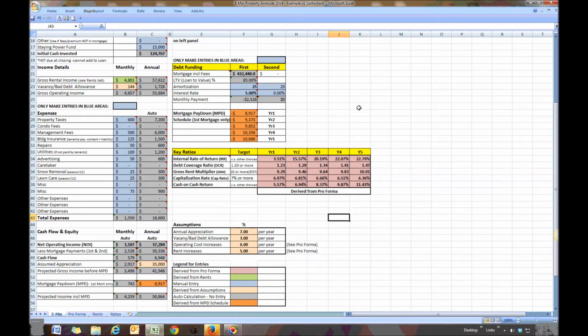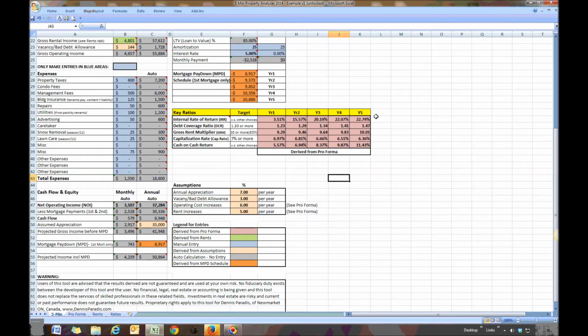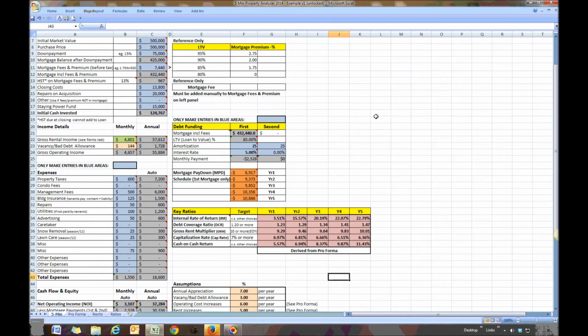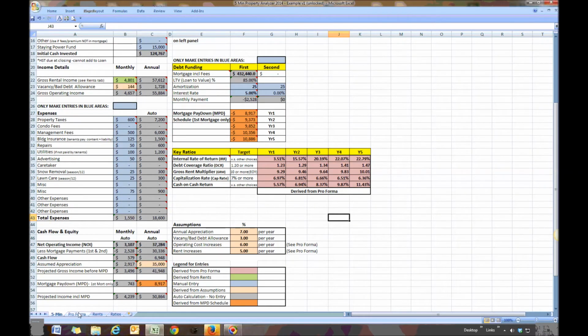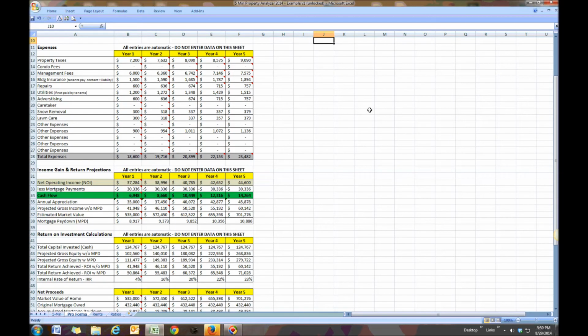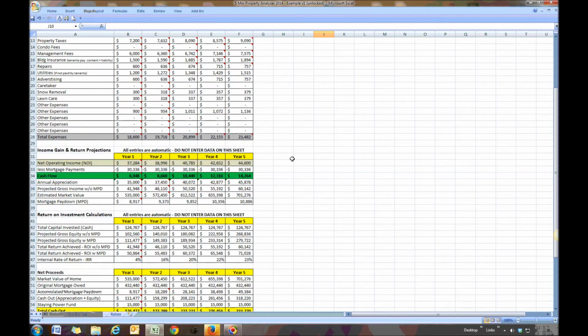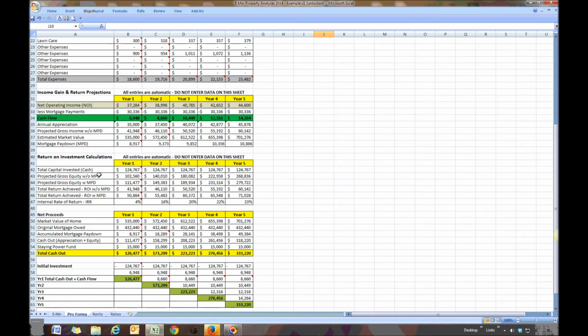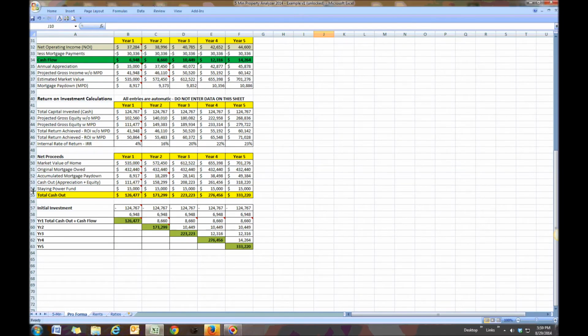Over here we see where, I want to show you the pro forma statement, which takes the information we've inputted here basically and extends it out 5 years. That's simply what this sheet does. All the entries here are automatic. It's generated automatically. You don't put anything in here, but it is great information showing you how your net proceeds